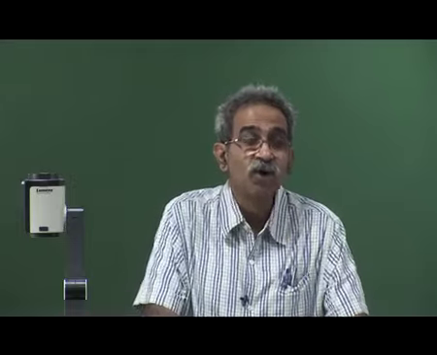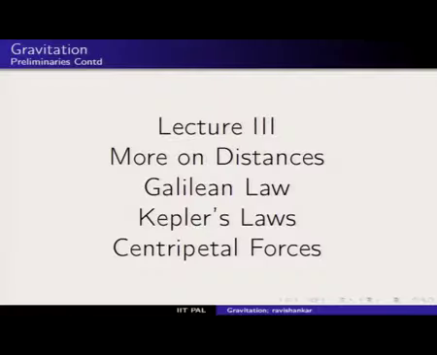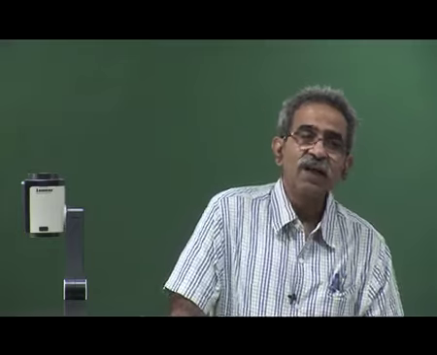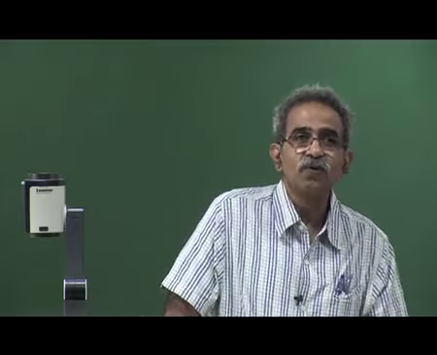More and more careful observations will give you better and better approximations, better and better values for distance. In passing, I will mention the accuracy of the observations. After that, I will discuss Galilean law, the law of the freely falling body. Then we go to Kepler's laws, which refer to the heavenly bodies. We are going to combine the Galilean law and Kepler's laws with centripetal forces and then argue that it is a very rational thing to formulate the law of gravitation as Newton did.